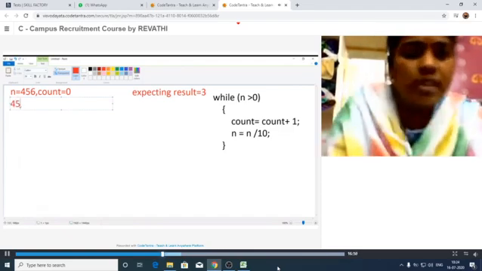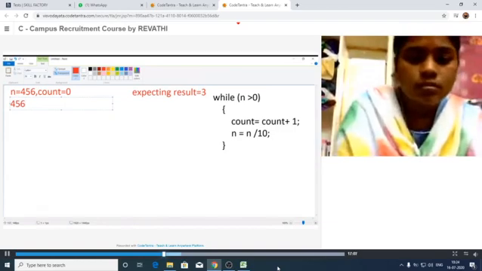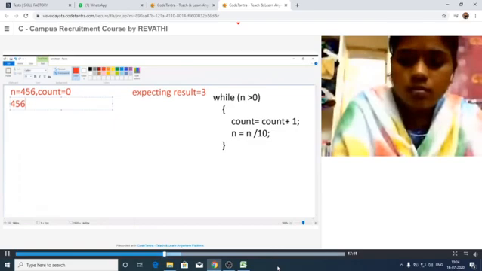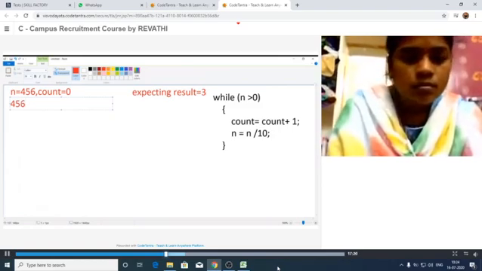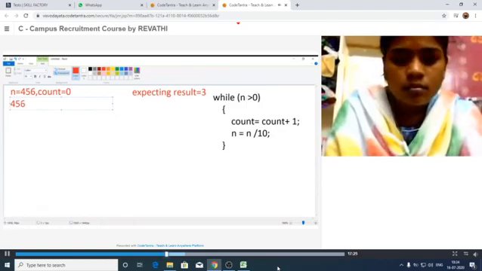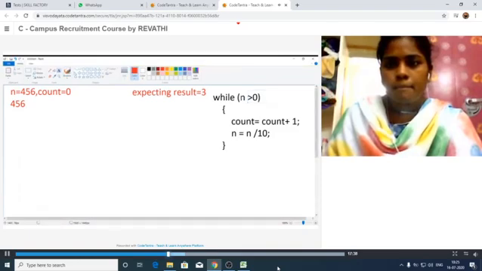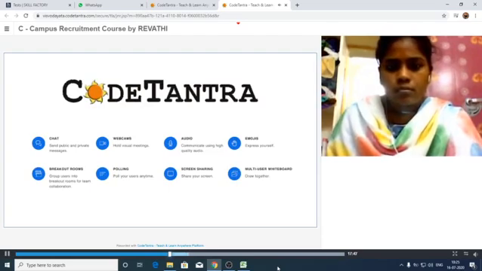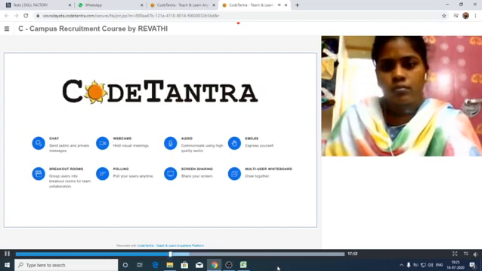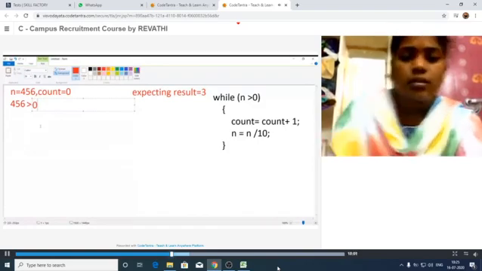N is 456. So 456 is greater than 0, and the condition is true.